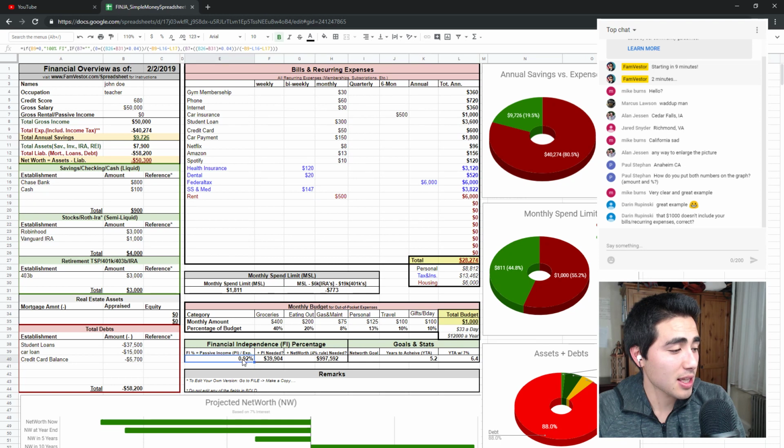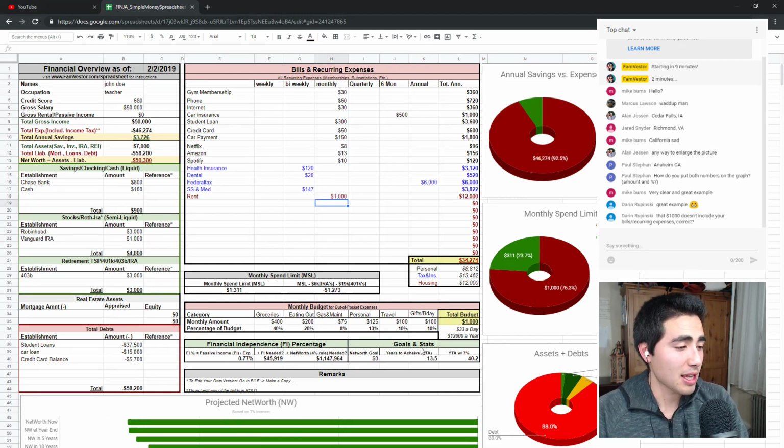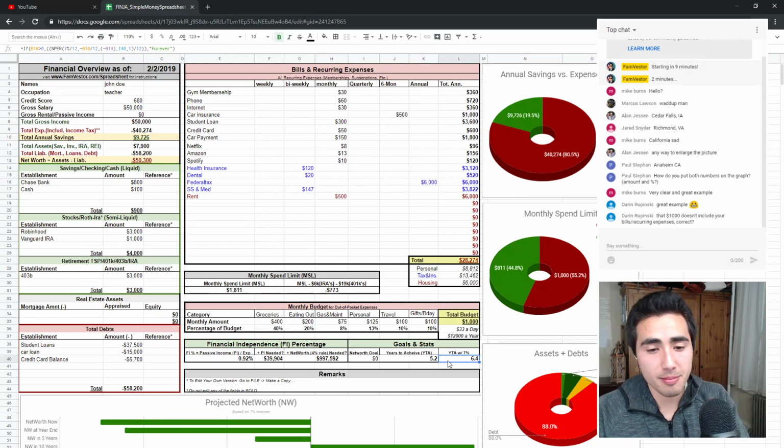So this guy has less than 1% financial independence rate. That's because he has no net worth. So don't even pay attention to those numbers. His goal is to break even. And with that $500, okay, so at $1,000 a month, it would take him 40 years to achieve this goal of getting rid of his student loan debt, car loan, things like that. But if we get a roommate and cut just that one expense, and it's his biggest expense, by 500, he now will only take 6 years to reach zero net worth.